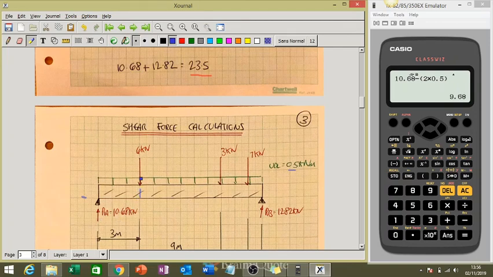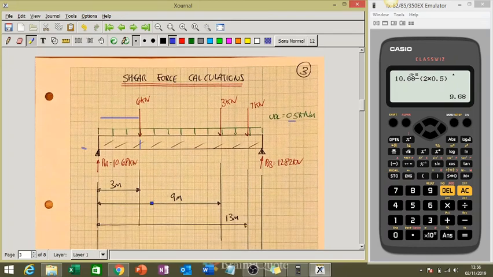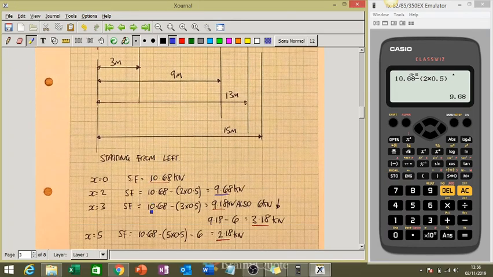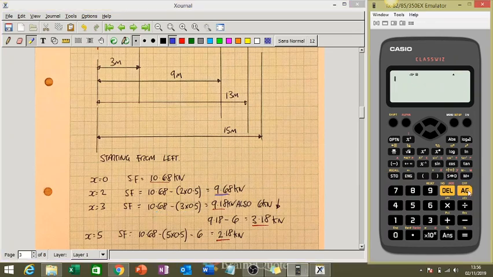I can see 3 meters worth of this UDL. And I can see that force there. So there's 2 points here, first of all. So we'll do 10.68, that's the force coming up, and coming down, I've got 3 meters worth of my 0.5 UDL. Gives me 9.18